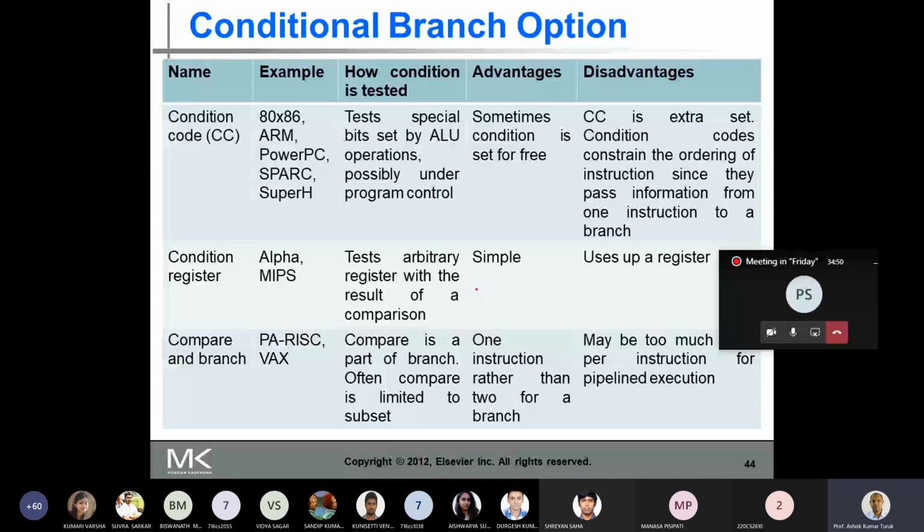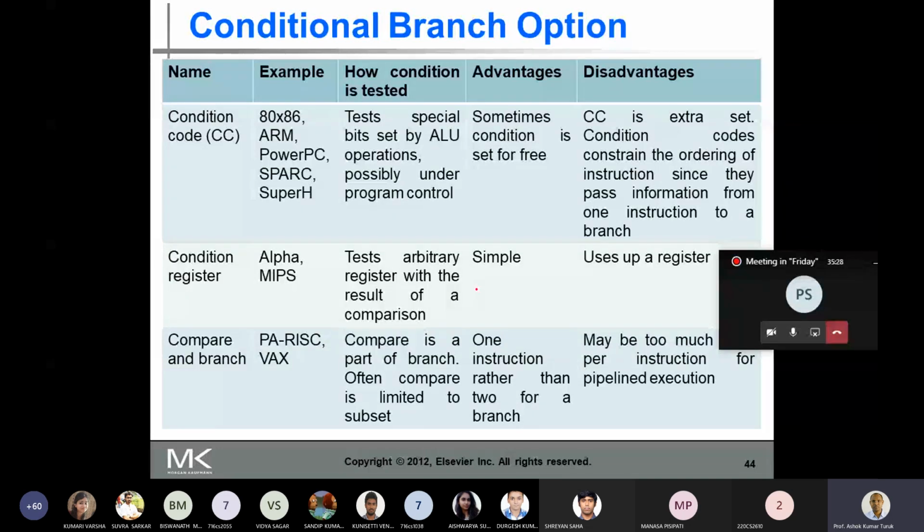When we discuss pipelining and testing for the condition codes later, we'll use the MIPS architecture, which uses a specific register, R1, to test for the condition code. Any operation you perform writes its result back into the specific register, and it tests this register for the condition.